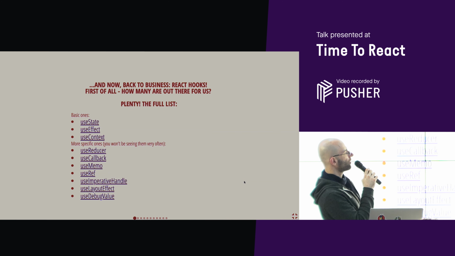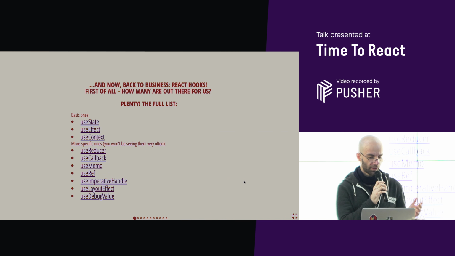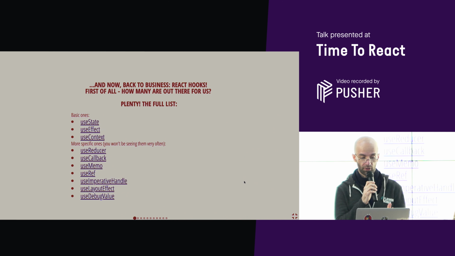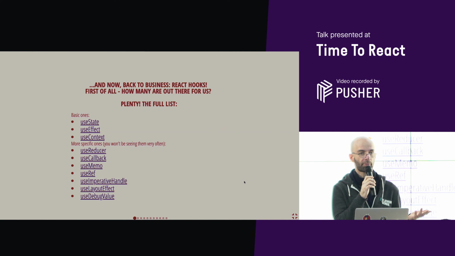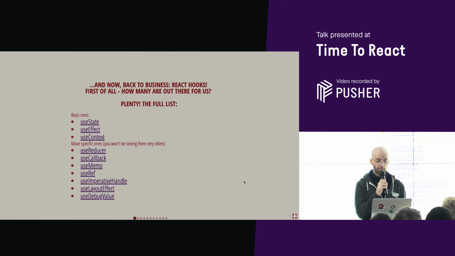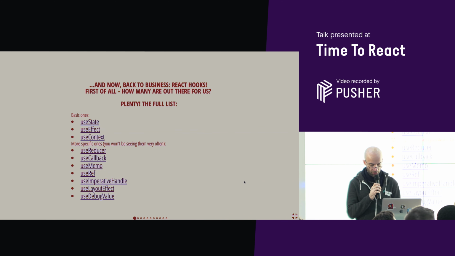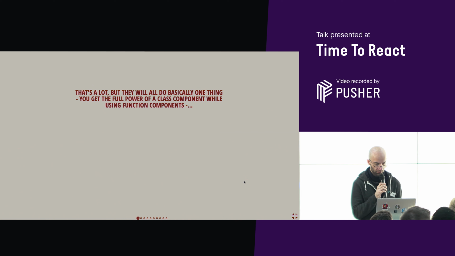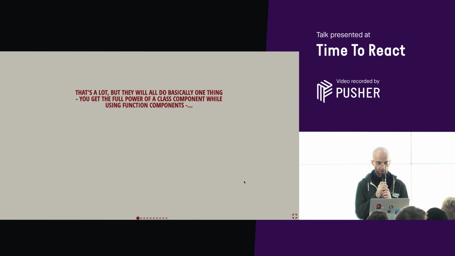I will share the slides, so don't bother if you are not able to read everything at once. Some of them are pretty intuitive. useReducer, you can get what kind of contribution it can give. useMemo is also pretty cool, but let's not go too much into this depth, because there is only so much we can do in this amount of time.